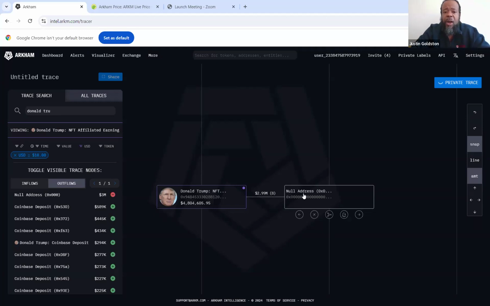So whenever you see in Web3, in blockchain, whenever you see something referred to as a null address, that's what we refer to as a burn address. So you're essentially burning tokens. You're essentially sending tokens to nowhere, right? So if I go to this null address,